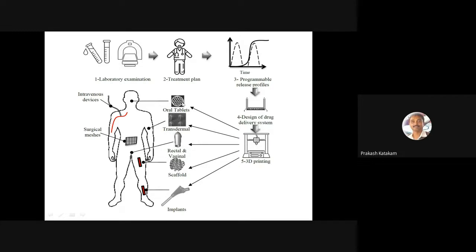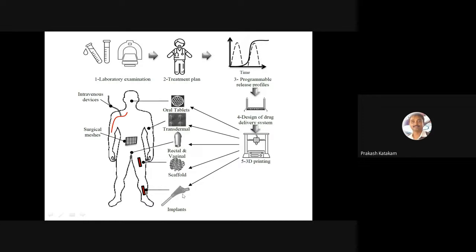It is having some pores inside. That means the infill material could be around 50% here, 50 or 40%. So it is porous material. Then you can make a transdermal patch. You can make rectal or vaginal suppositories. You can make scaffolds containing drugs that can be placed under the skin or inside the body to release the drug in a slow fashion.